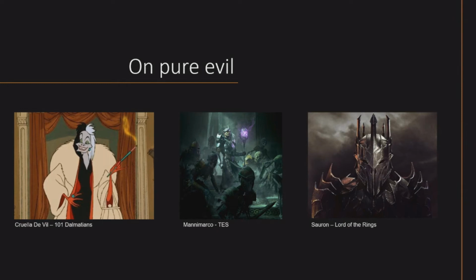Same as Mannimarco in Elder Scrolls. Elder Scrolls Online kind of changed that by giving him a really intricate backstory with Galerion. Well, it kind of already happened in Oblivion. But when you're talking about an Elder Scrolls villain who is not a Daedric prince, usually Mannimarco is the villain to go for. He is an evil lich, and he wants as much power as possible, and he could not care less about what any emperor might think about him.